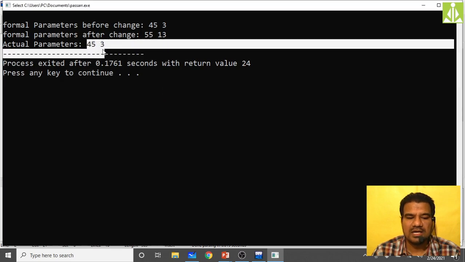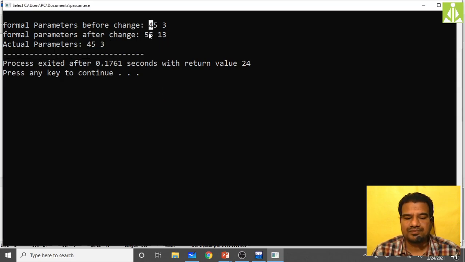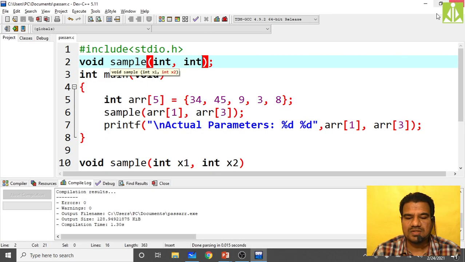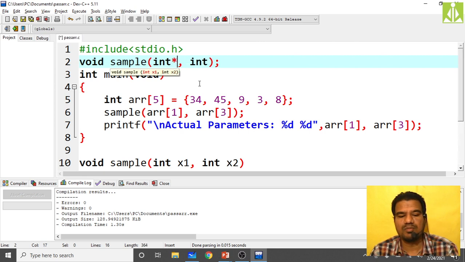See here, the changes you are doing inside the function are not affecting the actual parameters. Actual parameters, before the change, whatever you have, even after the change, you are getting the same thing. Okay, so that's the reason we are going for call by reference mechanism. Simply put a pointer here,